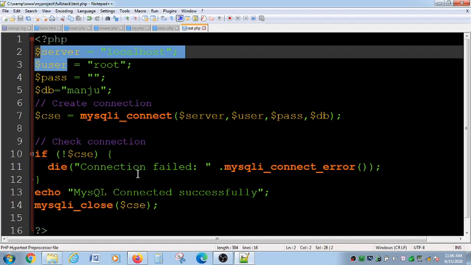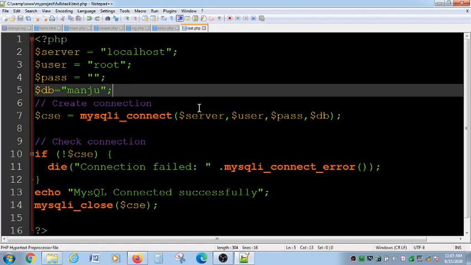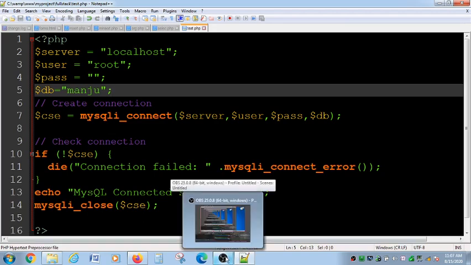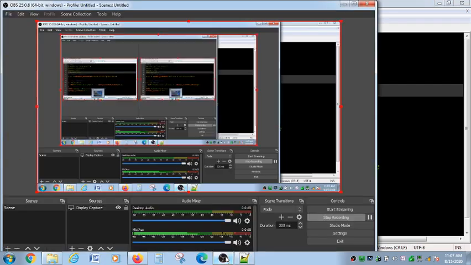If you want to make easier access and more user friendly programming, then you have to follow all this procedure. In the next video, I will show how exactly we can insert, delete and fetch all the data from MySQL using HTML. So that will be coming in the next video.